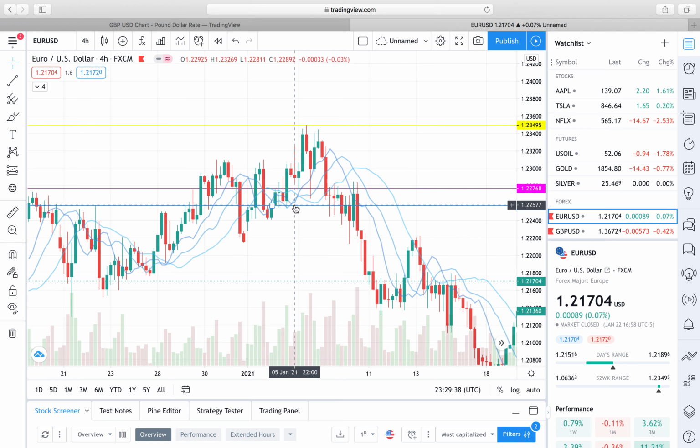And then this is my entry point. And then my stop loss, it lines up with this red candlestick right here, goes right at the top. And then right here, you can obviously see that it lines up with the red one back here. So it would be